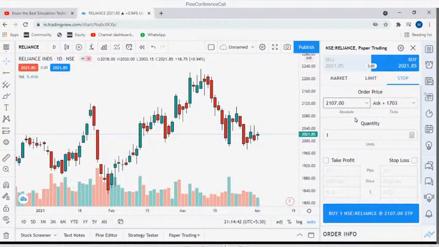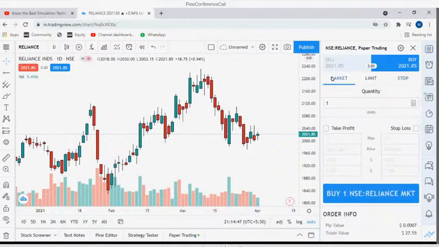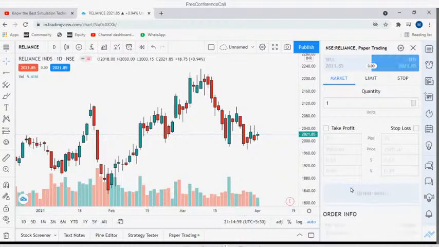So you can see here, you can place orders like market order, limit order, whatever. Okay. So now if I want to buy Reliance, you can put the quantity here. You can just click on this. You can put whatever quantity you want. I can buy 1000 quantity or whatever it is. I can just put a buy order like this.